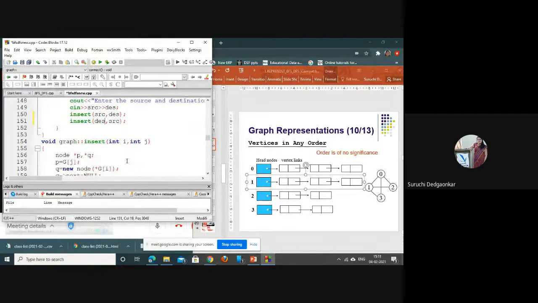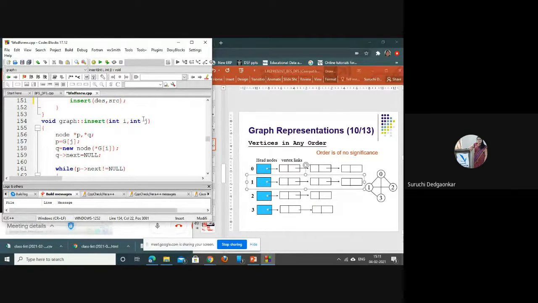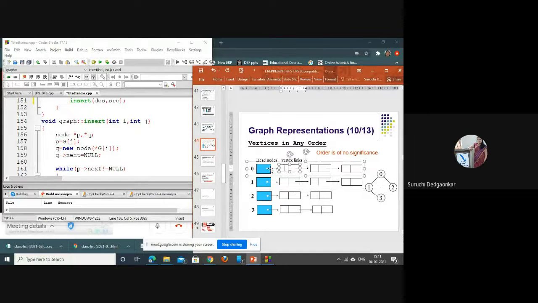And in this insert function, we are doing the actual insertion of every edge. Suppose we have to insert an edge from i to j, the ith and jth node. Here we are accessing the node number. Suppose we have to add edge 0, 1, so i is 0 and j is 1.